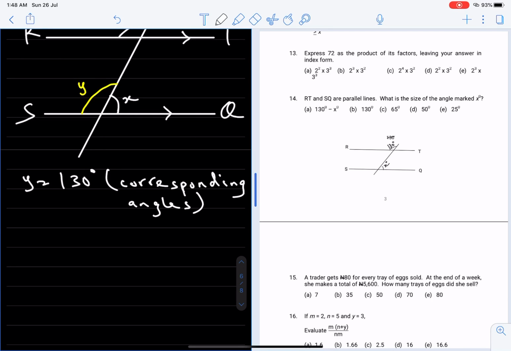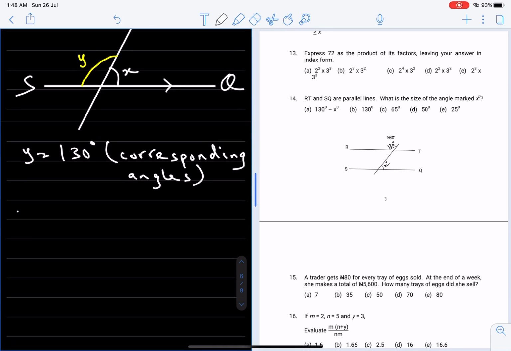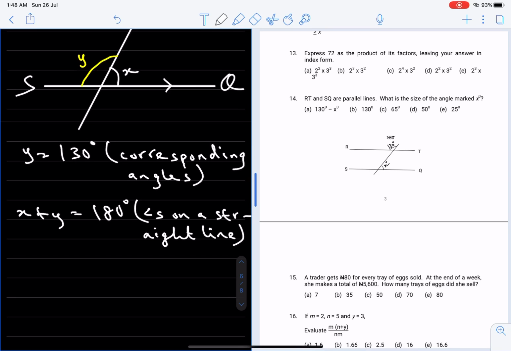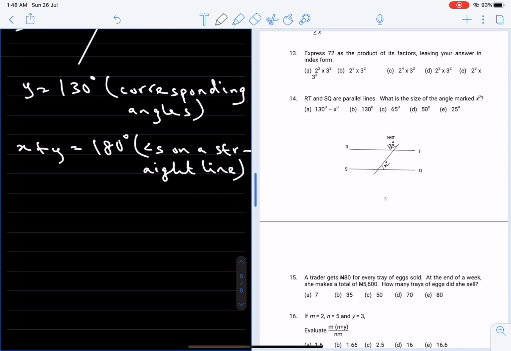Now, if Y is 130 degrees, we know that X plus Y is equal to 180 degrees. Angles on a straight line. And that simply means x plus 130